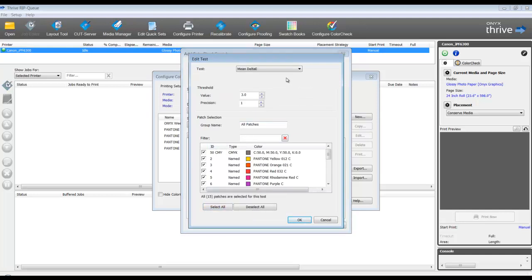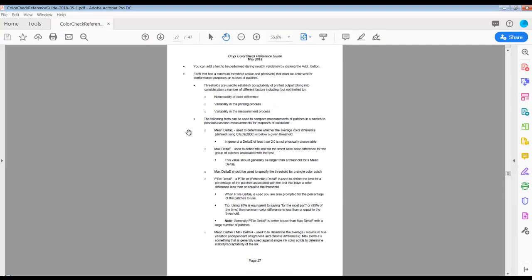At the top of our menu, we're going to select the type of test or the evaluation that we're going to be considering for this baseline test. At this point, I'd like to go back and reference the documentation. Back in our documentation, the Color Check Reference Guide, on page 27, we'll start to see the list of definitions that are going to describe that test threshold that we want to evaluate to.